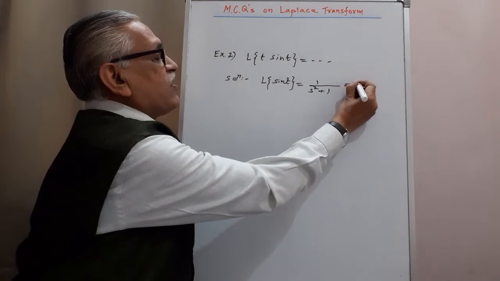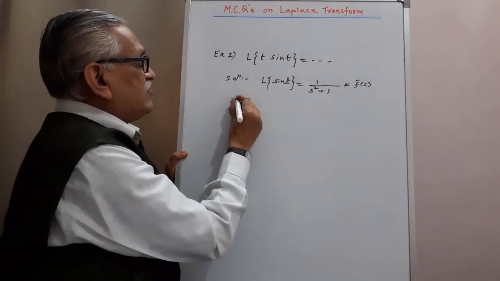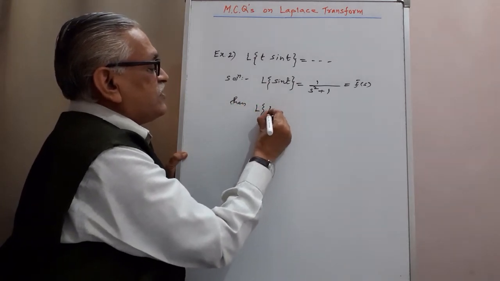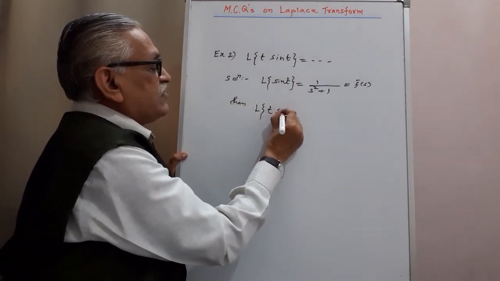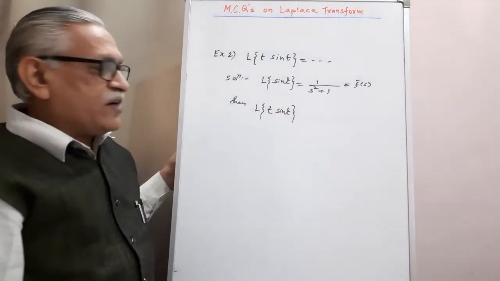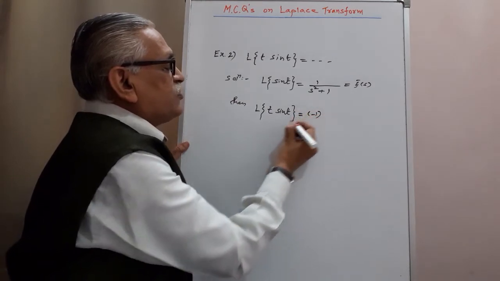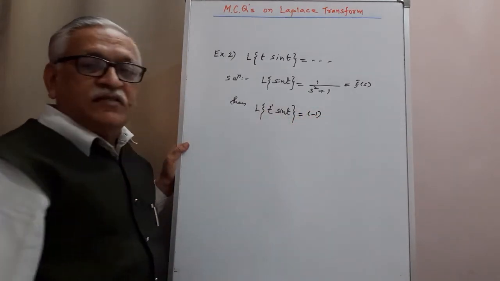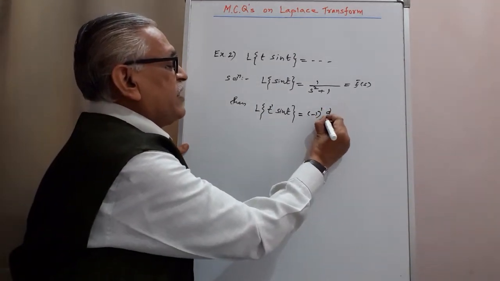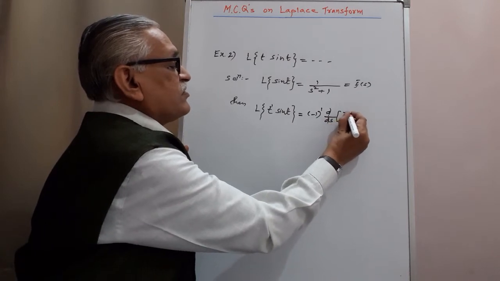We call this f bar of s. Then, for the Laplace transform of t sin t, function f of t multiplied by t raised to n, as per that property, it is minus 1 raised to n,